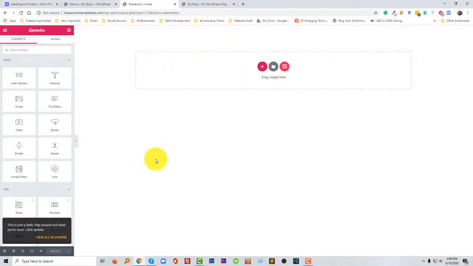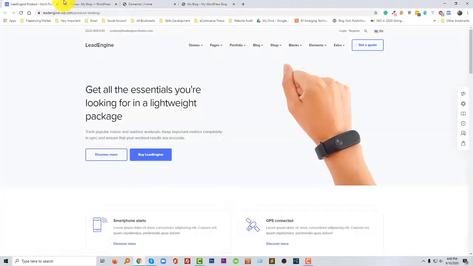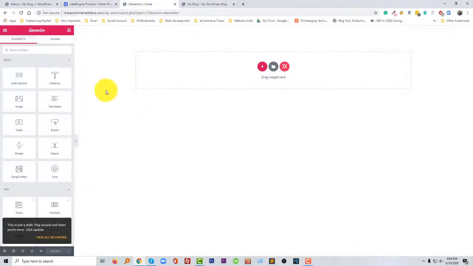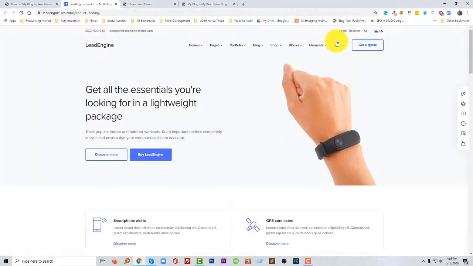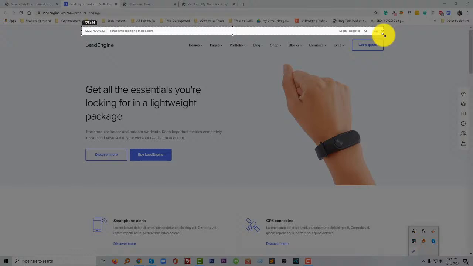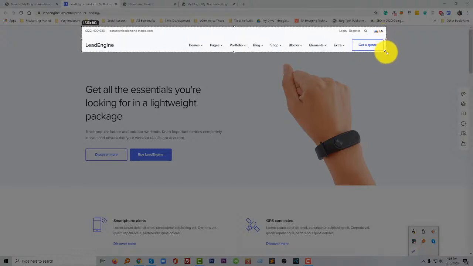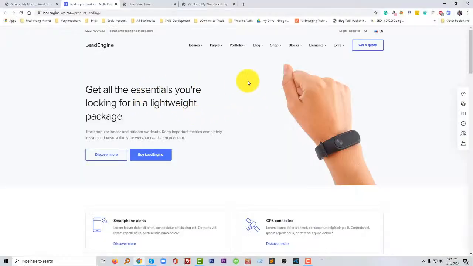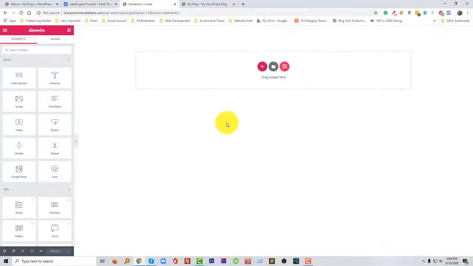Okay, so let's start our design. First we need top header section. I mean we need to do first a section like this one, and then secondly we add header section, top menu section. So we are starting the design of the section. So I'm going to click on the add new section,